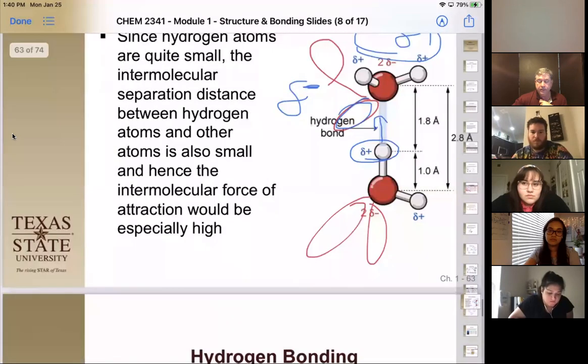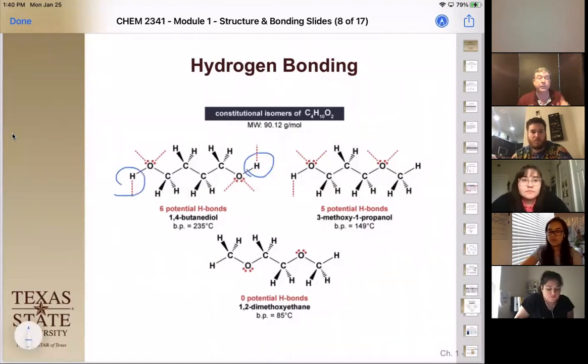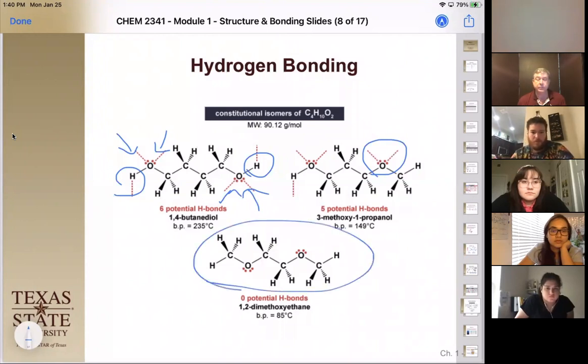The amount that it affects the properties changes based on how many available things you have to hydrogen bond. In this case, we have 2 hydrogens available for hydrogen bonding, and a total of 4 electronic zones available for hydrogen bonding, so it has 6 potential hydrogen bonds. If we take one of those hydrogens away, we now only have 5 things, 4 lone pairs and 1 hydrogen. And if we take those hydrogens on oxygen and nitrogen away, we lose all of our hydrogen bonding,